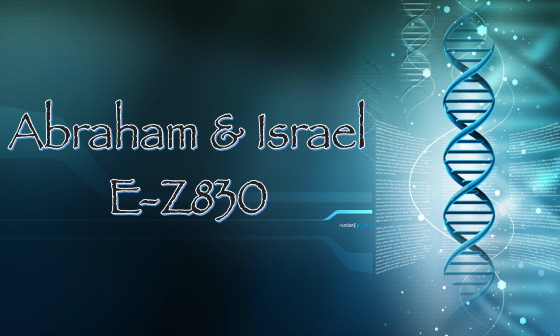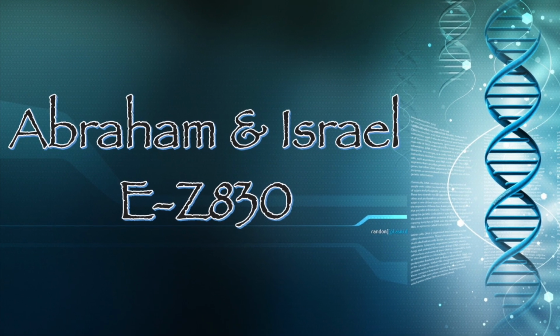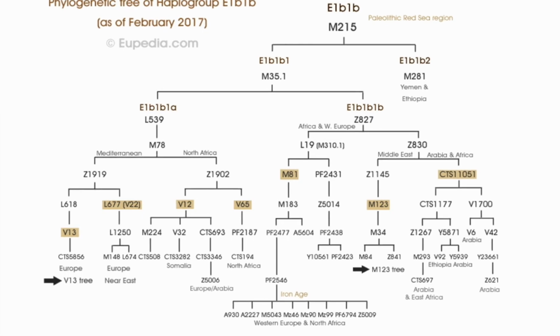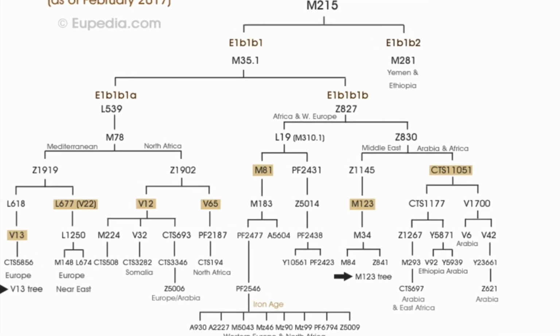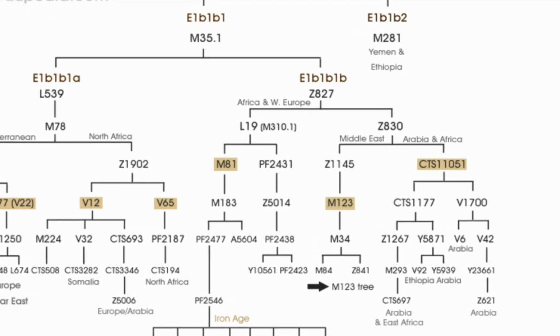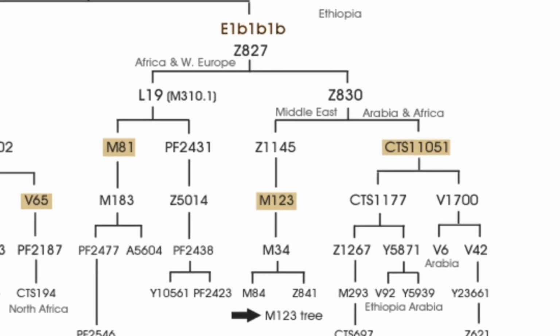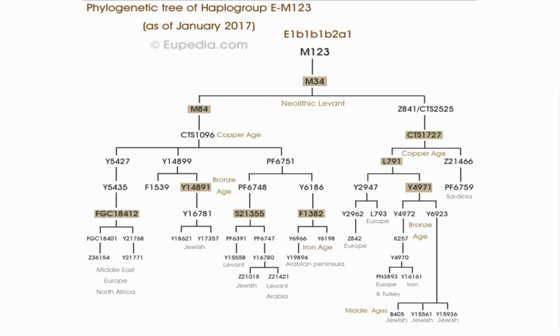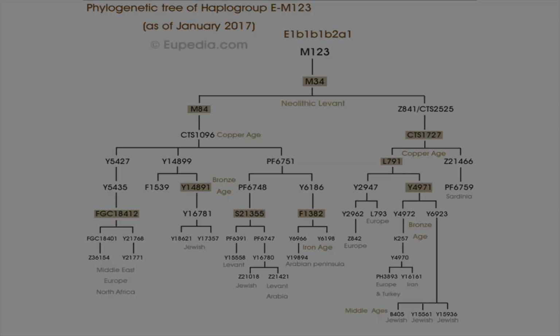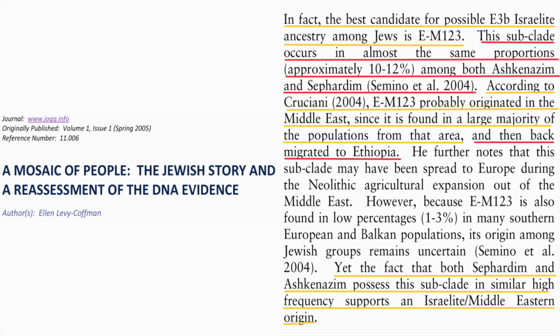Starting with number 3, E-Z830 is the third best candidate for Abraham and the Israelites. The Israelites would represent some subclade within E-Z830. The reason I say this is because many Jews and Arabs are under E-Z830. E-Z830 is even considered to be one of the major founding lineages of the Jewish population. According to the paper titled A Mosaic of People, the Jewish Story and a Reassessment of the DNA Evidence, it